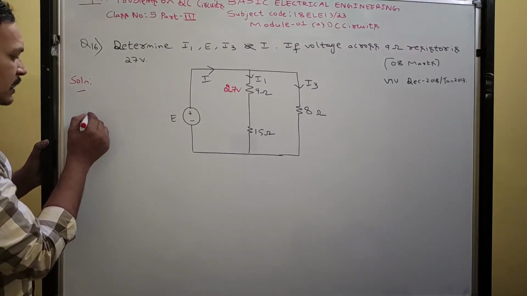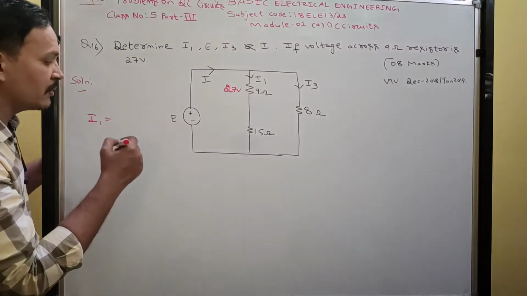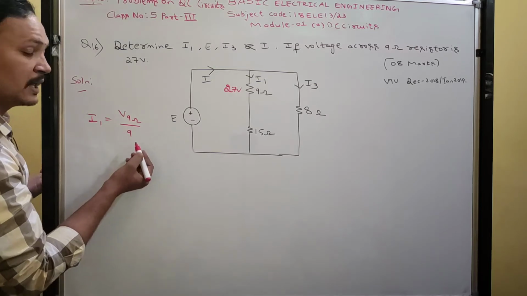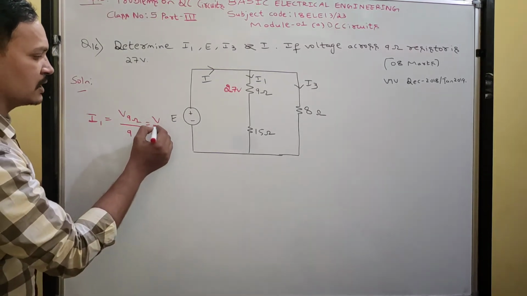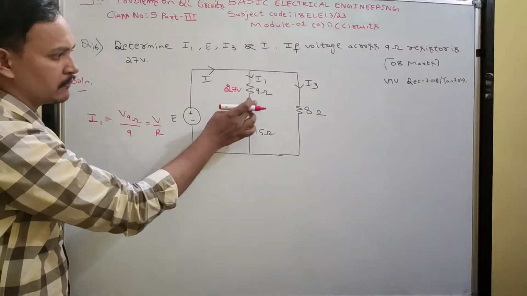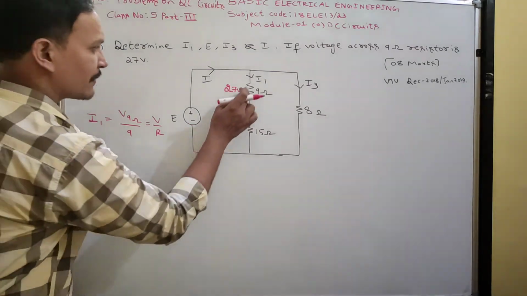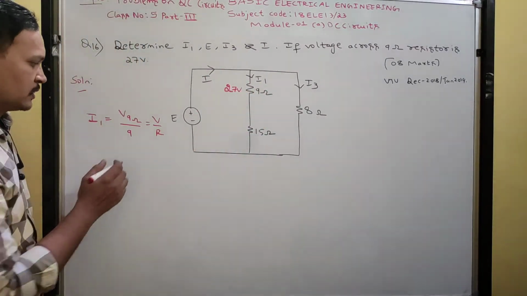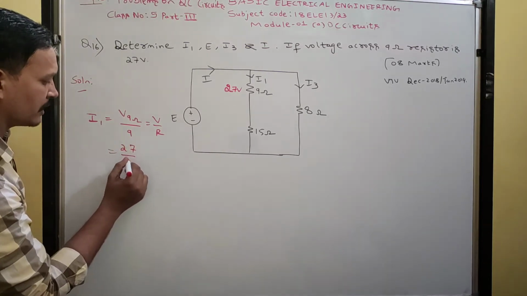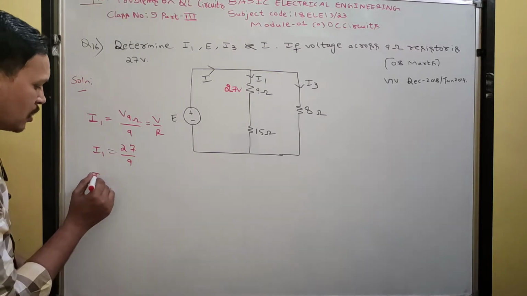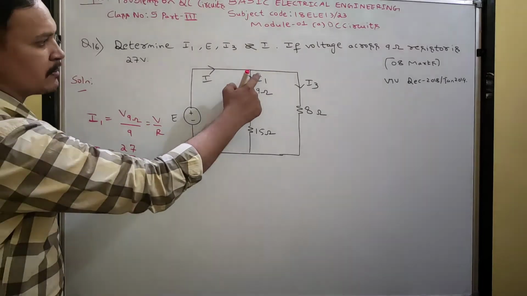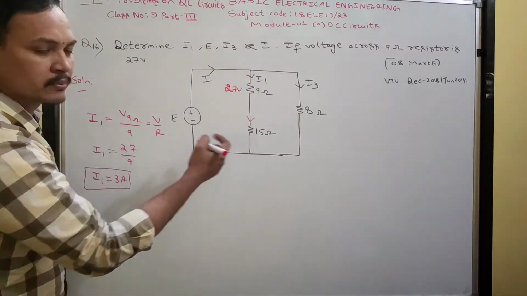So what is the equation for current I1? I is equal to V by R. So the voltage across the 9 ohm divided by that 9 ohm resistance. So the general formula is I is equal to V by R. What is I1? The current flowing through the branch, where the 9 and 15 ohm are in series. But they have given the voltage drop only across the 9 ohms. So the voltage across the 9 ohm is how much? 27 volt divided by 9. So from this how much did we get? I1 is 3 amperes. Okay.